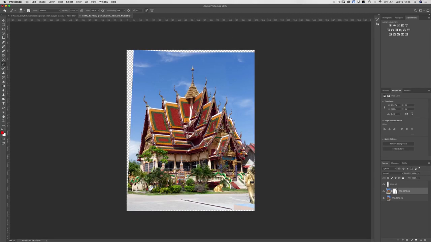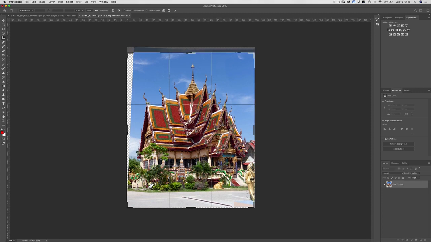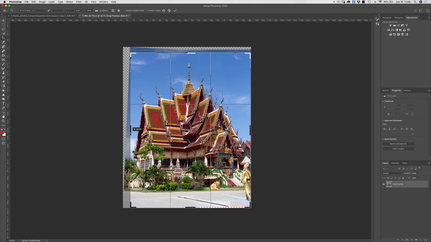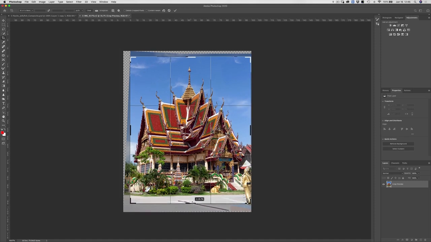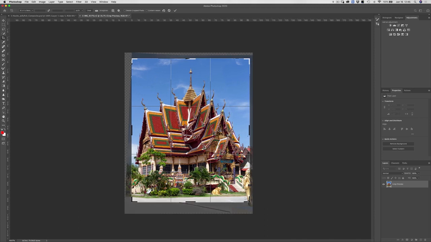So the last thing that I want to do is just crop this and clean up the crop just a little bit. So we'll do that by hitting C on our keyboard to activate our crop tool. And then let's come in here and just crop this image so that it's just a little bit nicer and gets rid of any of the transparent areas where the images just didn't line up perfectly. And now we can go ahead and press OK.